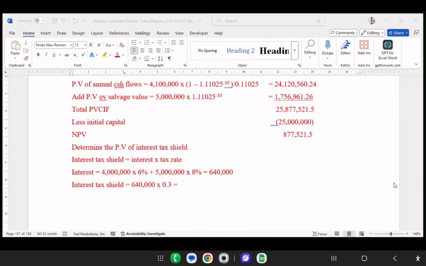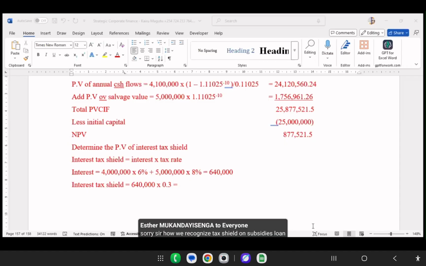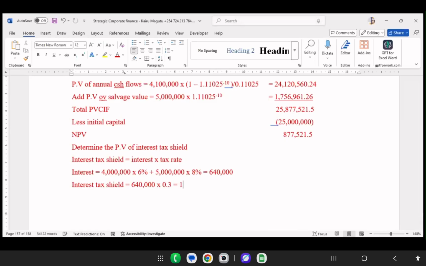I see someone giving 192,000. So do I go by that? 192,000. Interest tax shield, 192,000. Then present value of